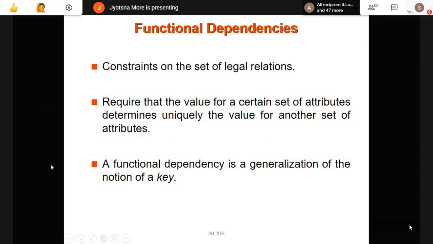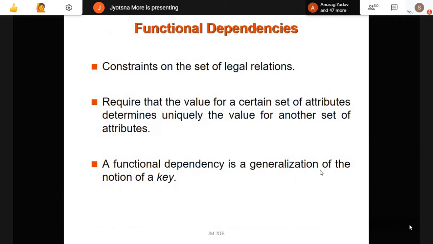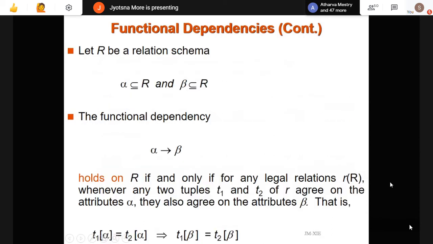A functional dependency is a generalization of the notion of a key, basically like a key attribute for your dependence. This is the definition, and it is very important, whatever terms are written. In the exam, when the definition of functional dependency is asked, students write whatever is given on this slide. This is not a functional dependency, this is about functional dependency, the basic things. But this is the definition of functional dependency. So the previous slide plus these are both important to write your answer.